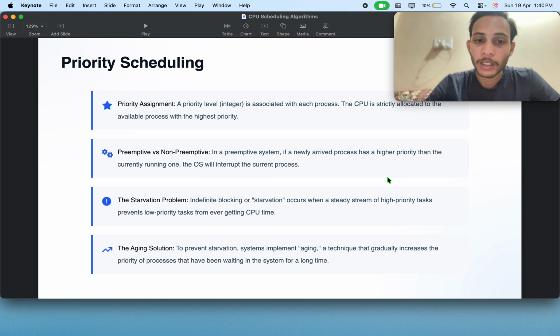बाकी इसके बाद भी हमारे पास और एल्गोरिदम्स हैं, जैसे कि प्रायोरिटी शेड्यूलिंग। Here every process is given a priority rank, usually an integer 1, 2, 3. The CPU always goes to the highest priority task. The main danger here is starvation, मतलब जिसके पास lowest priority होगी वो आइडल बैठा रहेगा, वो कंप्लीट ही नहीं हो पाएगा और उससे स्टार्वेशन हो सकती है। उसके बाद हम ओएस फिक्स this using aging, which gradually increases the process priority the longer it waits. Like aging मतलब जितनी देर किसी प्रोसेस ने स्टार्व किया या वेट किया उतनी उसकी प्रायोरिटी अप कर देते हैं ताकि उसकी नेक्स्ट चांस जल्दी आए।